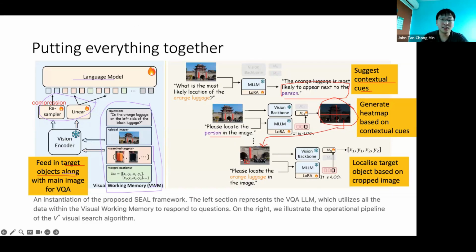Just now Richard and I discussed another method that might be better, which is using the heat map itself to do the cropping of the image and also getting the contextual cues, rather than doing it by quadrants. We can do a best first search by suggesting the contextual cues and then going through different pathways of each contextual cue, so as to do some form of different abstraction spaces. Cool ideas. I do think this visual search can be improved, but the idea of visual search of narrowing down the search space